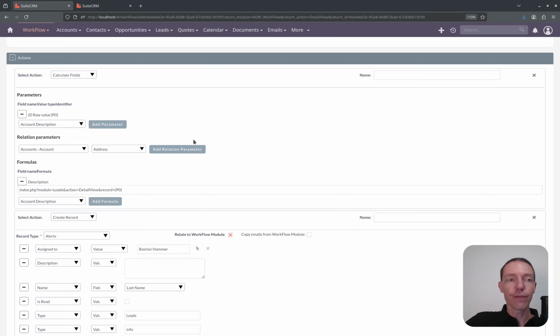So now the link first, and what I need to do for this one is I need to have an action with calculate fields, and I'm adding as the first parameter the ID, the raw ID of the lead itself. I don't need anything else anymore. And additionally, you need to know the record URL. So the ID is fine, and the ID is the parameter here, and then that's still from the